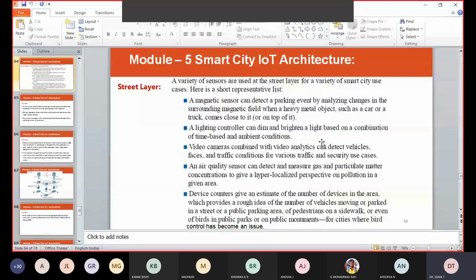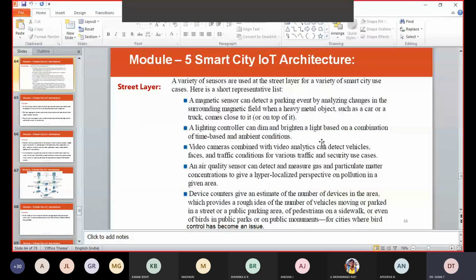It's not exact, it will be approximate, right? Based on whatever conditions we have specified, it tells what kind of device is moving in and around that particular area, which provides a rough idea of the number of vehicles moving or parked in a street or public parking areas. Okay, it can also count pedestrians on a sidewalk, or even the birds in public parks or on public monuments,